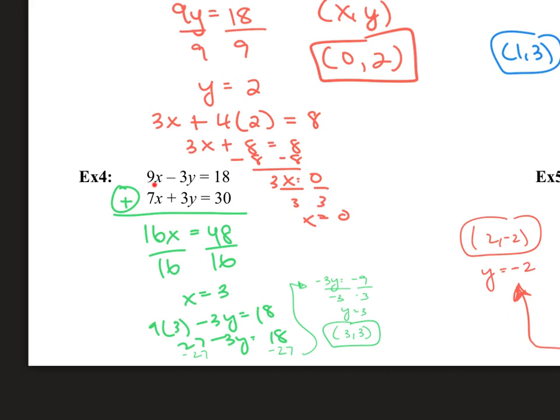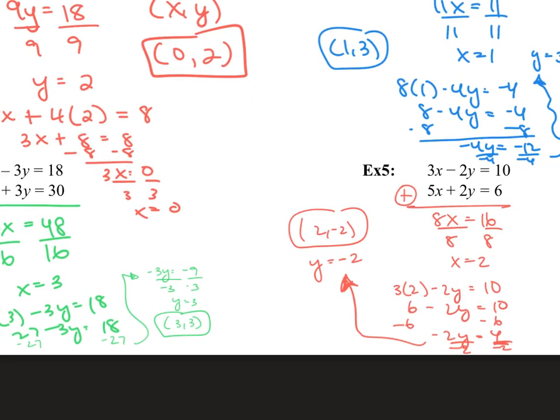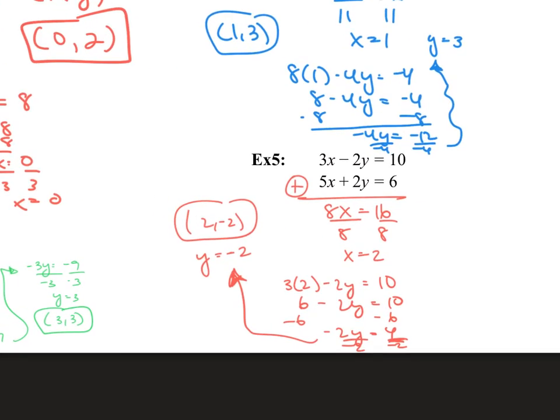And I can check that again. 9 times 3 is 27, 3 times 3 is 9, 27 minus 9 is 18, 7 times 3 is 21, 3 times 3 is 9, 21 plus 9 is 30. So it checks out. And then on my last example, example 5, again, I'm going to add because it's -2y